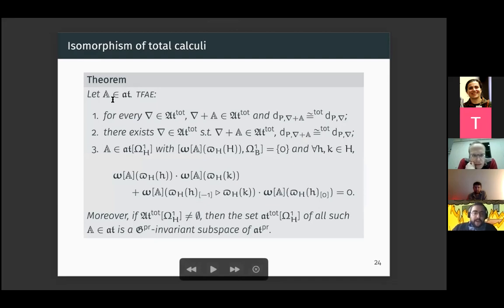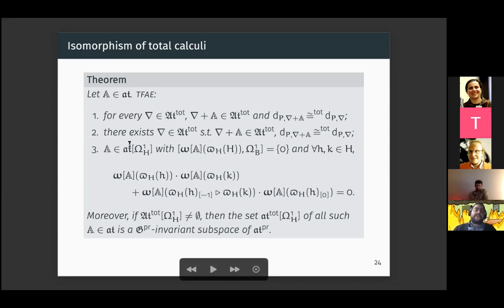So let's suppose that A is a prolongable gauge potential. Then the following are equivalent. First, for every totally prolongable gauge potential, the perturbation of nabla by A is still totally prolongable, and the second order calculi are isomorphic. Second, there exists one totally prolongable gauge potential such that the perturbation is totally prolongable, and the resulting calculi are isomorphic through degree 2. And third,